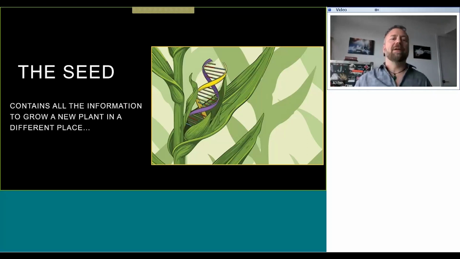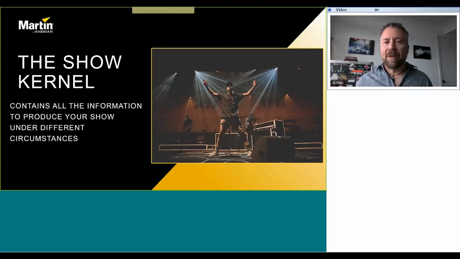Likewise, the show kernel contains all the information that makes your show unique, that makes your artist's live presentation unique. It's a package. It's a bundle of intellectual property. It's spread over documents like plots and lists, and most importantly, the show file, your lighting show file, all your lighting programming, and what happens during the show. So consider the show kernel this package that you're going to unpack in the next environment you work in.